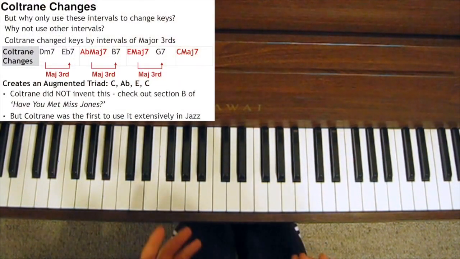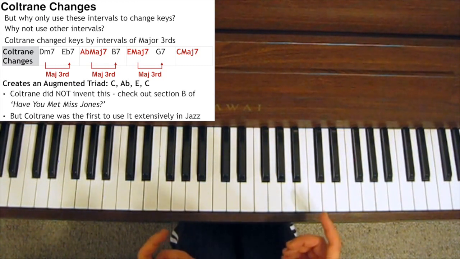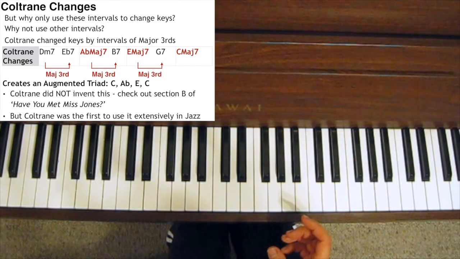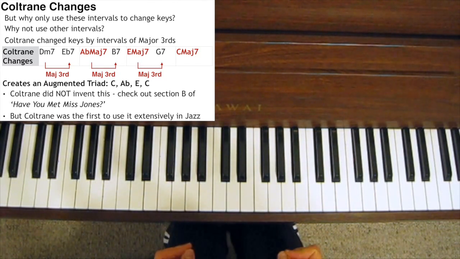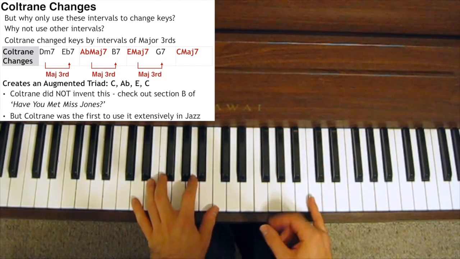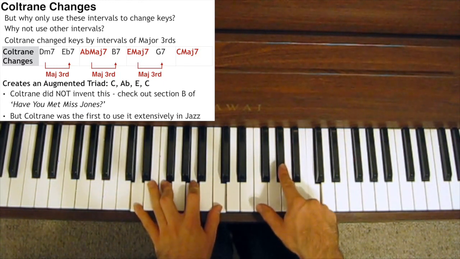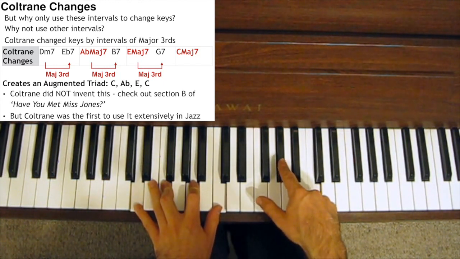Now this is where Coltrane changes come in. Coltrane started writing songs where the key changed by intervals of a major third. So for example, he would start in the key of C major, then go down by a major third to the key of A flat major,